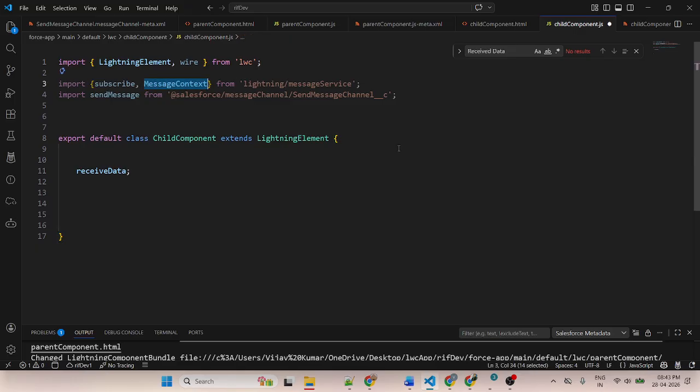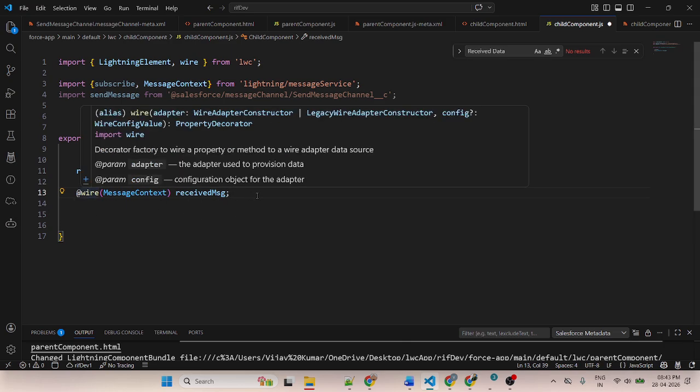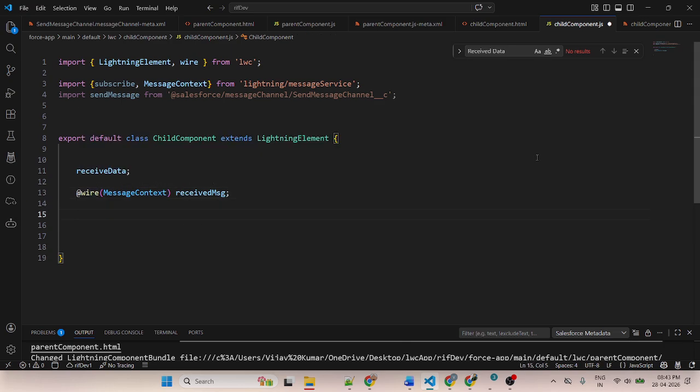This is the message context. Similarly, add the wire decorator and pass the context. If you are using wire, this is a decorator.